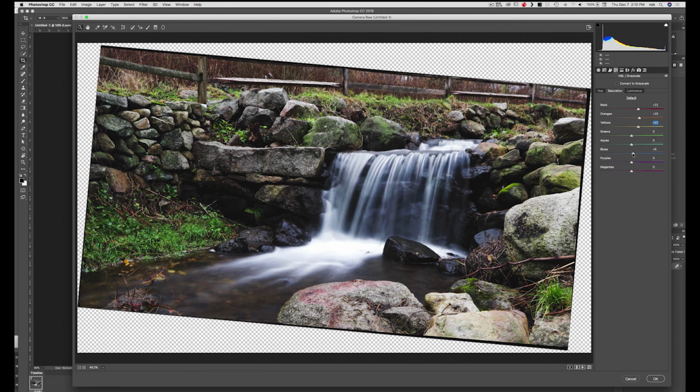Blue. I don't want to completely drain the blue, but let's see, that's not so bad. Okay, let's jump over. We don't need any split toning. Let's go into the effect. Do I want to go effects? No,